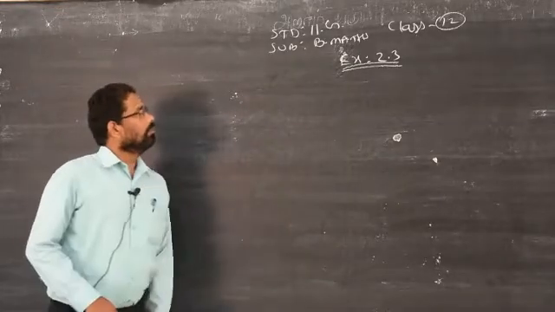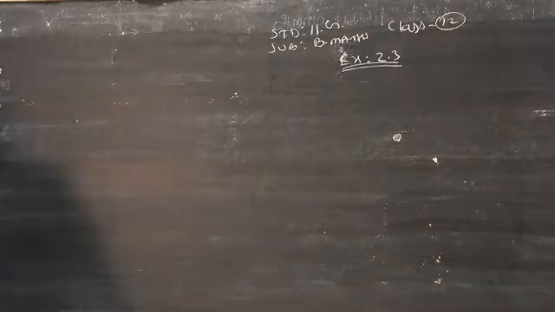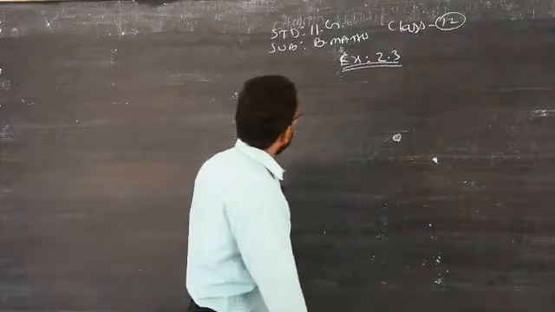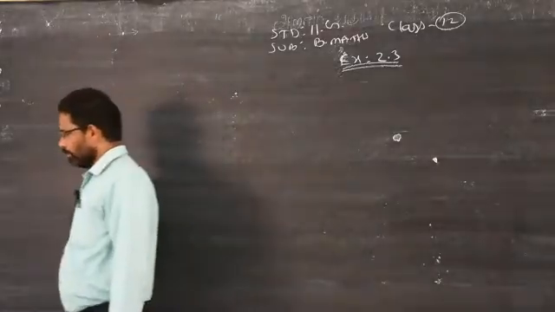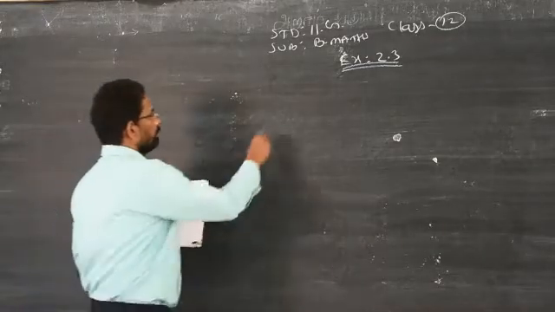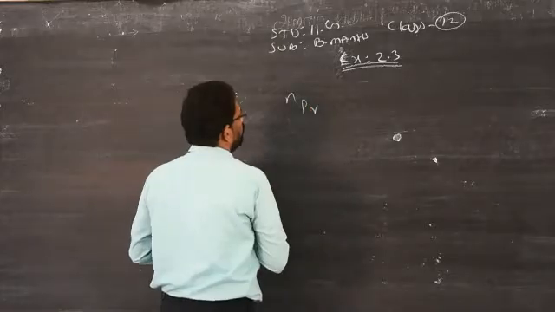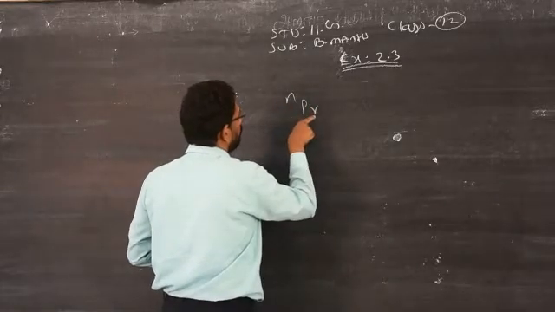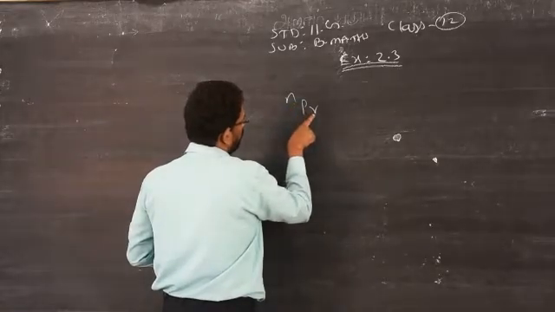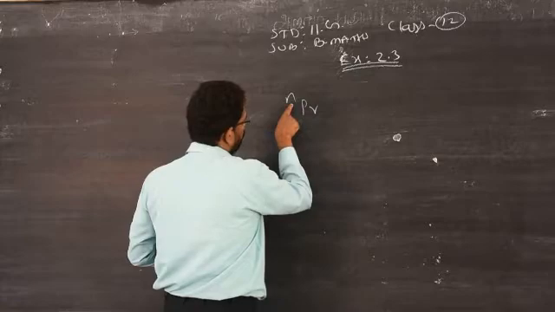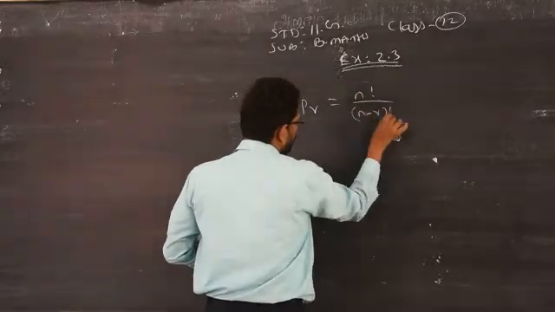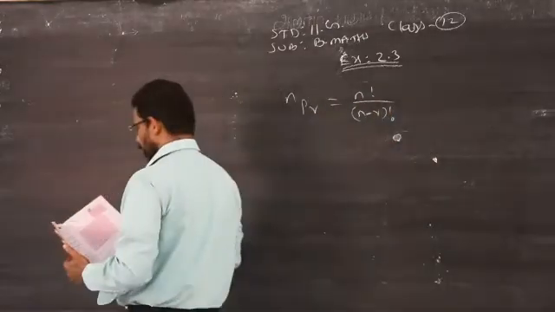Morning, boys. We will continue the previous class, that is exercise number 2.3. I gave already enough explanation for permutations. Now we will see the formula, that is nPr. You have to arrange r things out of n, that is the meaning of nPr, that is permutation. The formula is n factorial by n minus r factorial. This is the formula to find nPr.